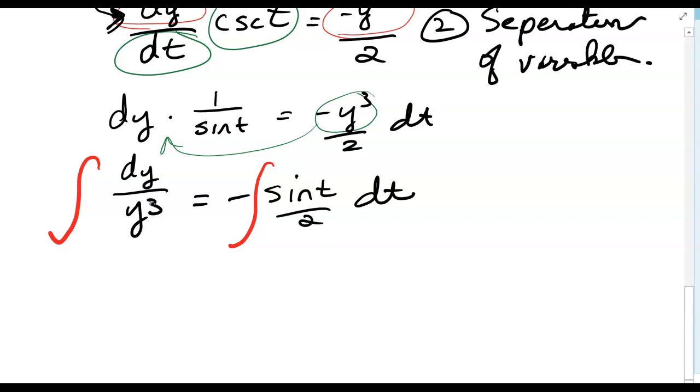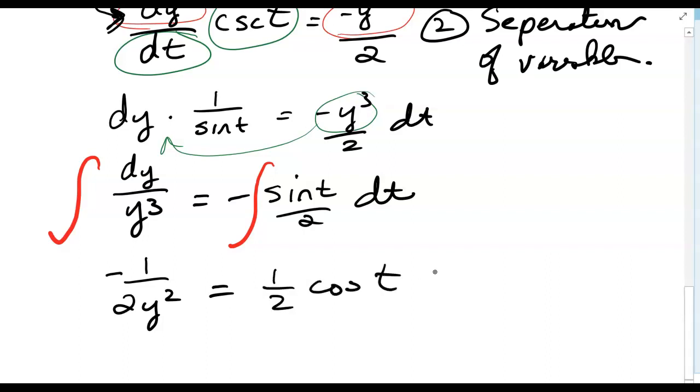So when I integrate, y to the negative 3 becomes y to the negative 2. Yes, so that's negative 1 over 2y squared. The integral of sine t is actually negative cosine, so that negative goes away. So that becomes 1/2